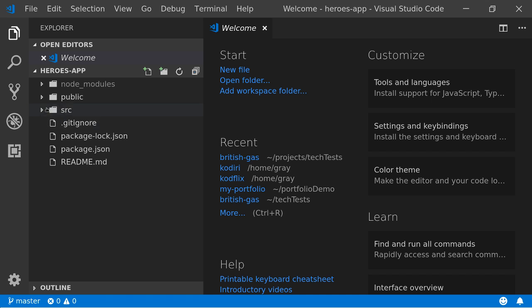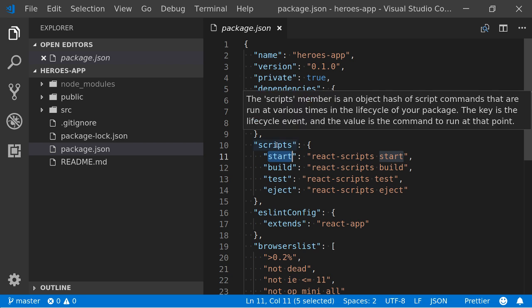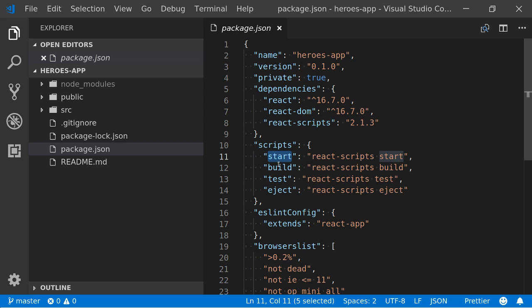up. So everyone else, just have a look at these files that we've got here. Let's start exploring them a little bit. So within our package.json, we can see that Create React App has created some scripts for us. These are just a bit of code that we can run that will perform a function. So the start function is actually going to start a local server that we can view our app on. So we're going to do that in a second just to test everything's running on our machines correctly.